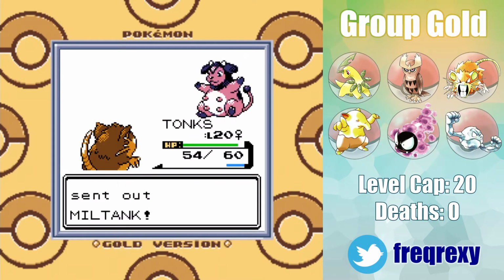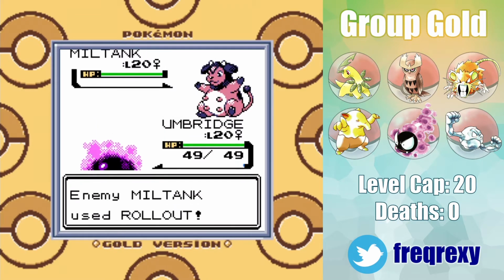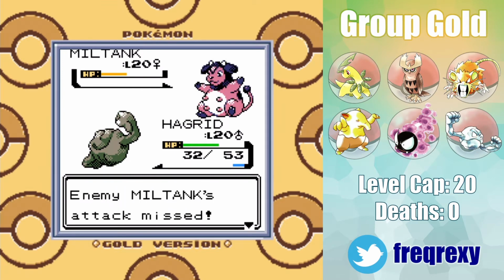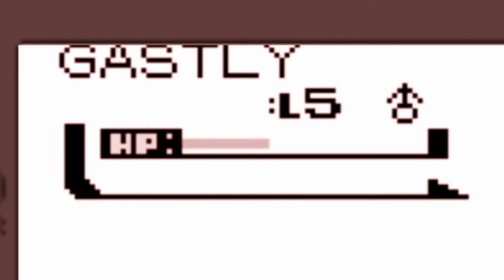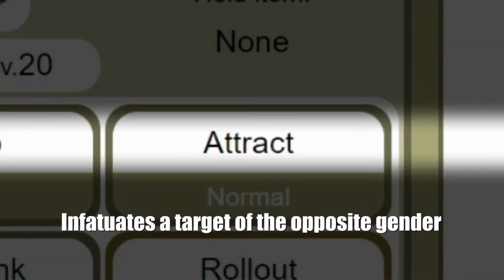Umbridge and Leper went in for the Miltank for Gold and Silver, held back a gentle first turn Rollout, and did what all ghosts were born to do: drop an unforgivable curse! Hagrid and Petra then tanked the rest of its pinball movements while chipping away with Magnitude. However, Crystal's Gastly Terry is male, and Miltank also knows Attract, so being able to pull off a curse isn't